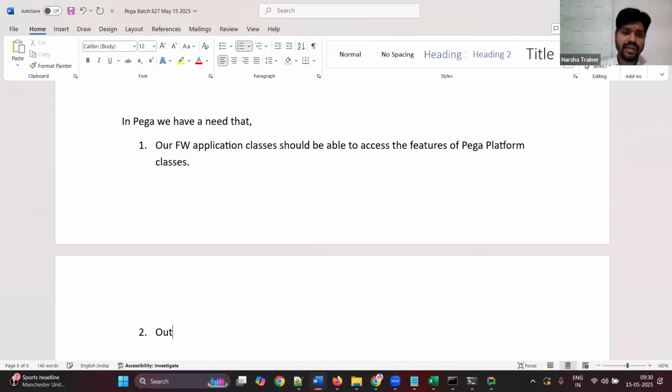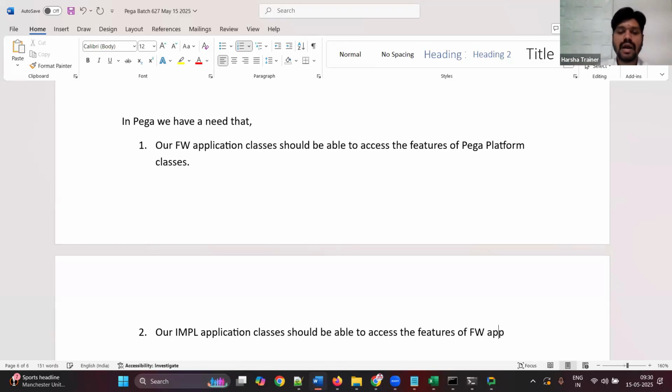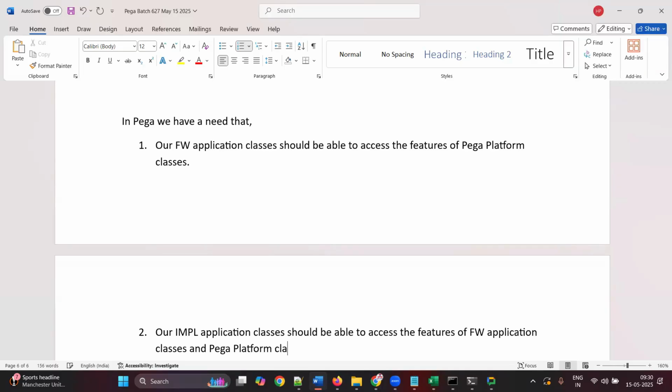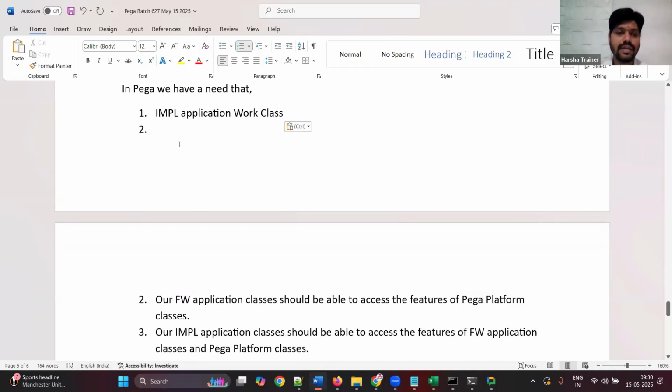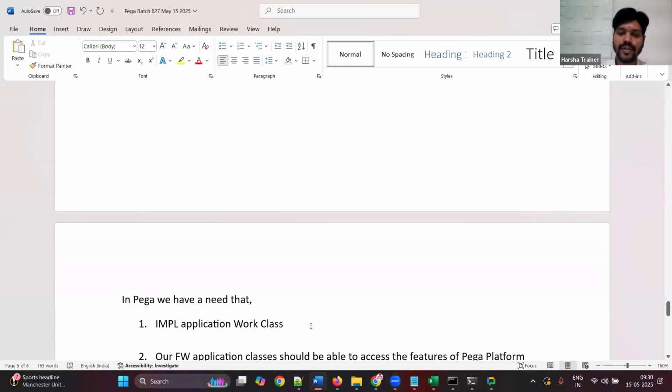Next, our implementation application classes should be able to access the features of FW application classes and Pega platform classes. These are the two things. Apart from this, I'll do one thing, I'll make it the first point. Our implementation work class should be able to access